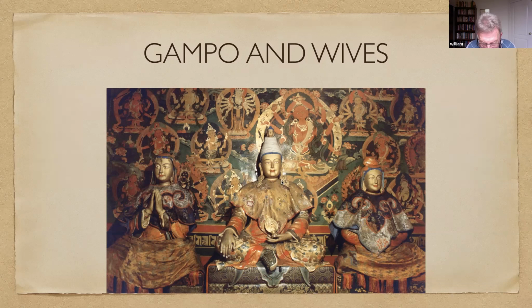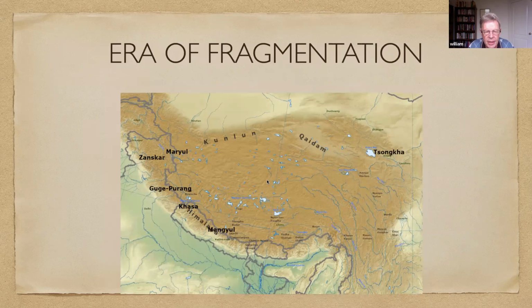In 821, Tibet and China signed a peace treaty, whereby Tibet continued as a Central Asian empire until the mid-9th century, when a civil war over succession led to the collapse of Imperial Tibet. This is a common theme in these empires. There'll be someone who unifies them. They will remain a unified empire for a century or two. Then as that power decreases, there will be power struggles within, and you'll get fragmentation. And this period is known as the era of fragmentation.